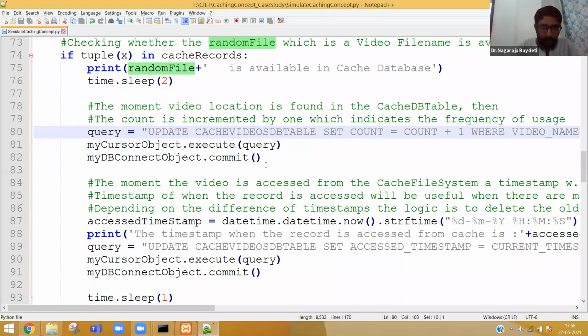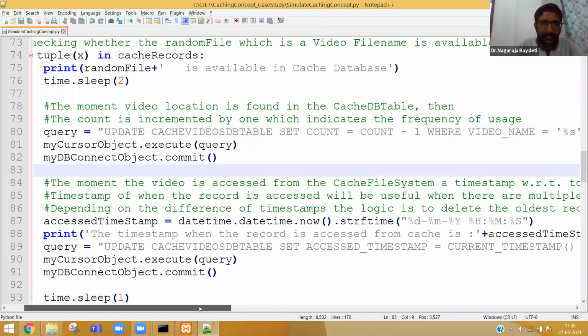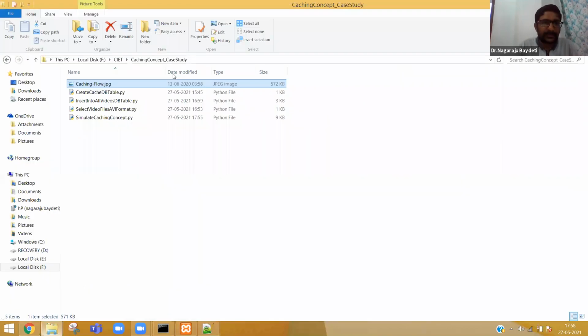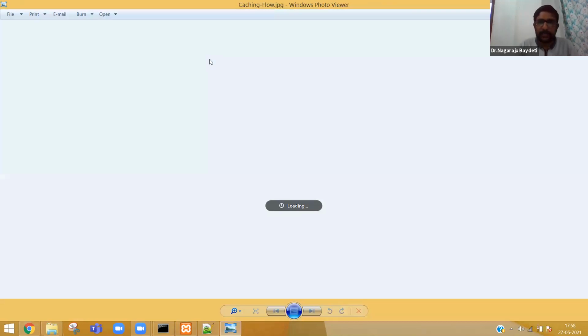After updating the count, for our understanding, I am printing the timestamp on the screen. Everybody, let me show you the screenshot. The screenshot may be old, but this is exactly how our implementation starts. See this line?